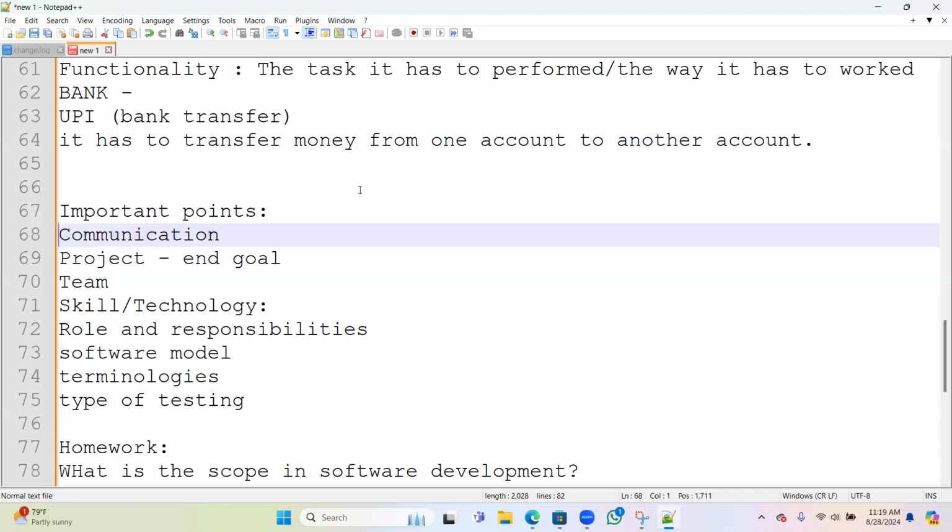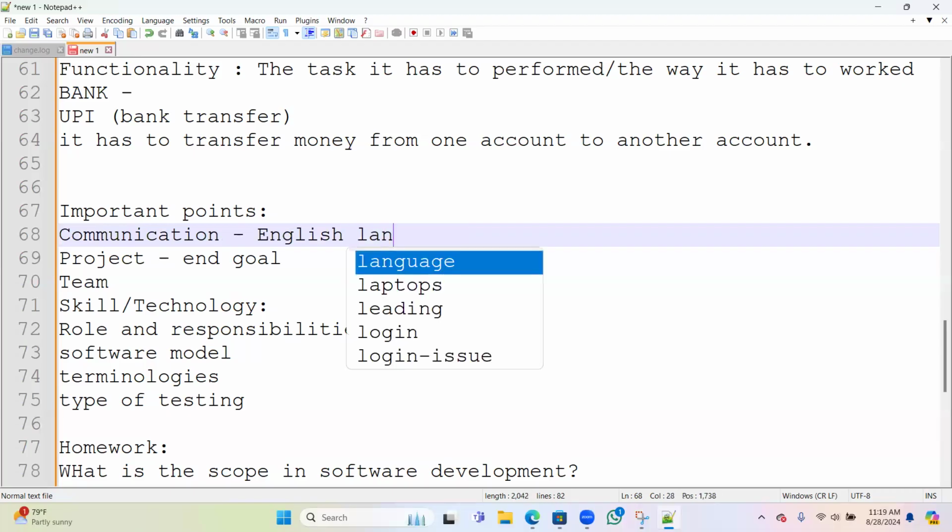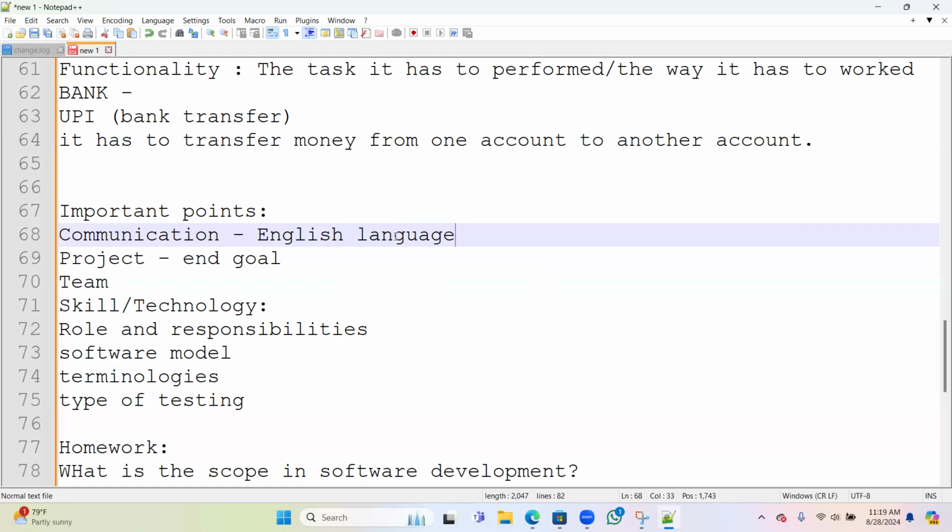Generally, companies will prefer the English language, right? I suggest it need not be proper English. At least you should be able to convey what you mean. Language is nothing but a bridge between two persons. Whatever I am saying, you should be able to understand.